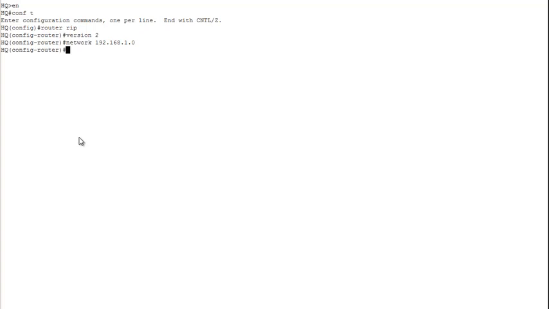Alright, so pull up HQ, same thing, right? Config T, router RIP, version 2. And the networks here are 192.168.1.0, that's the one directly connected to branch 1. And then the other one is network 192.168.2.0, that's the one connected to branch 2. I have no loopbacks configured on here, so we can go ahead and be done with that, and it is actually done right now. If we do a show IP route,